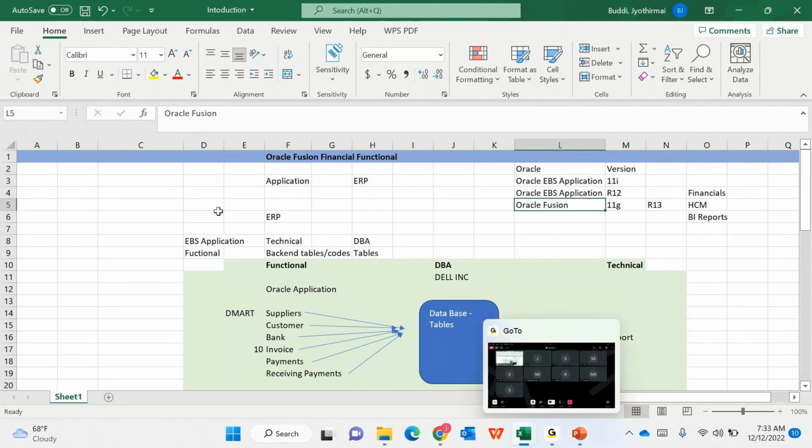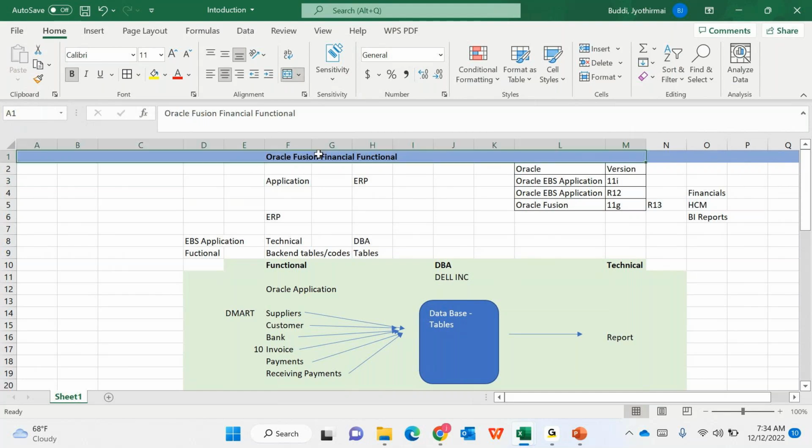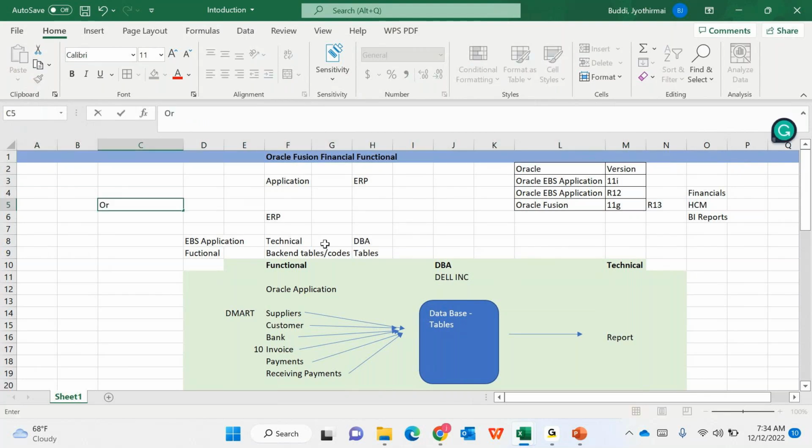Okay, then it is about the Fusion application. Okay, it is about the application. Okay, that we need to understand the terminology now. I want to divide the whole name as Oracle